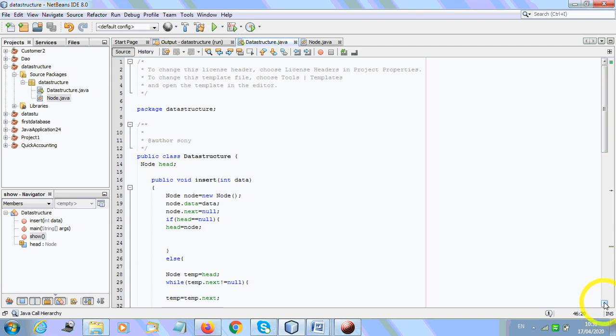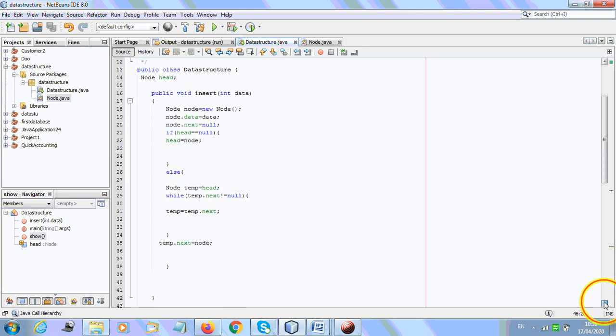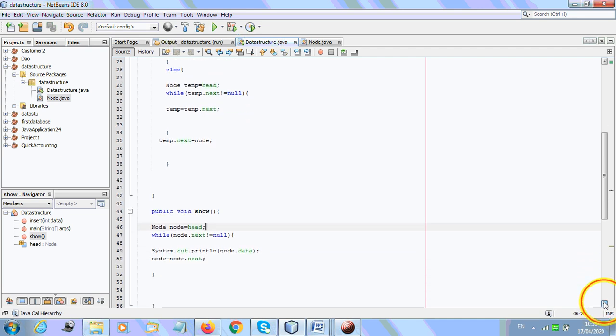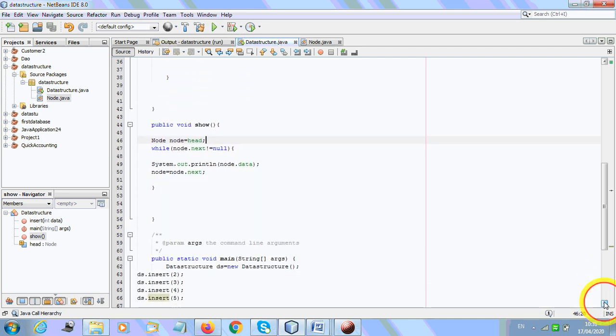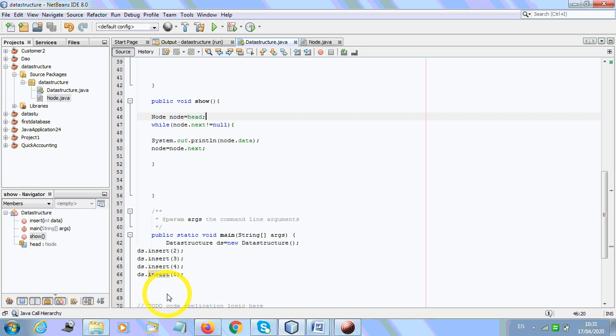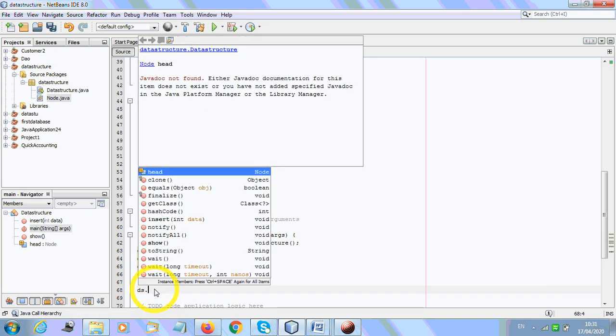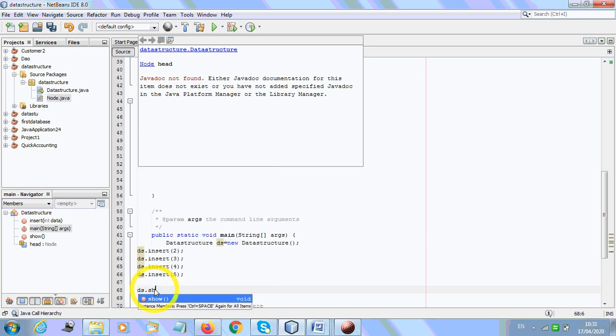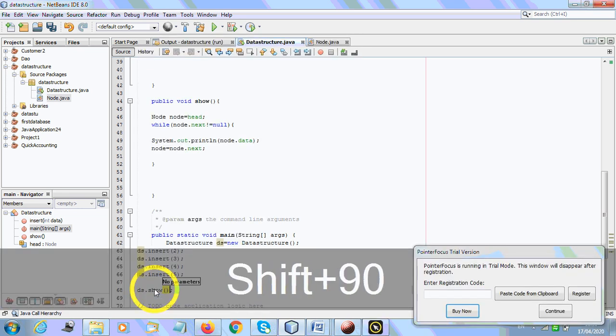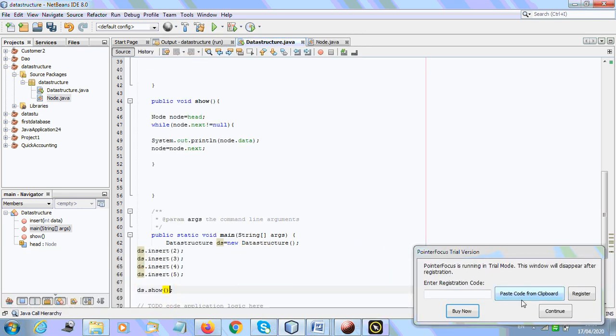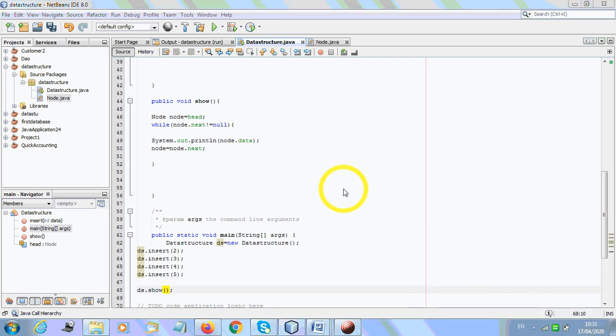We have seen that, and to show it what will we have to do? So the data is inserted, and we'll have to call show here. We'll have to write what? ds dot show. That's why this one is going to show the data. Okay. Now we are going to get the data.